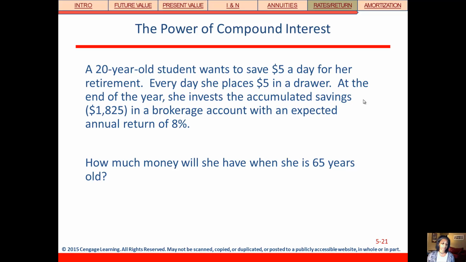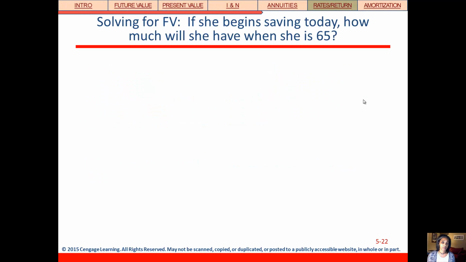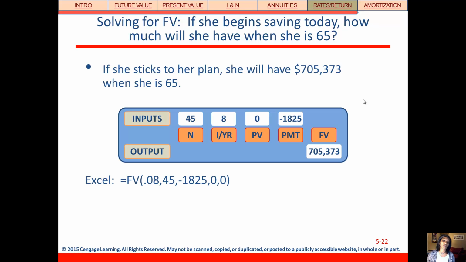So what she's doing, and it's a little bit confusing because of the whole $5 thing, but you really want to ignore that and just think about the $1,825 that she's actually investing each year. So she's making a payment of $1,825 a year for 45 years. So what we want to solve for is the future value to know how much she's going to have when